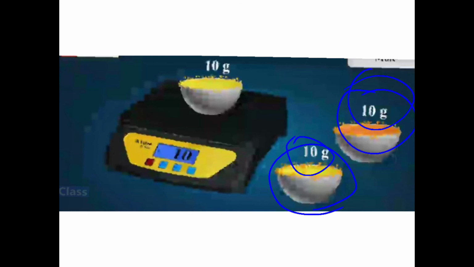As they are 10 grams, the number of dal grains you can count, 1 2 3 4. If this is confusing, just take the example of wheat and rice. I hope everyone has at least seen wheat and rice. So 10 grams of wheat and 10 grams of rice. If you take and count one grain, two grains, like that, you go on counting. My question is, will the number of grains of rice be equal to the number of grains of wheat?